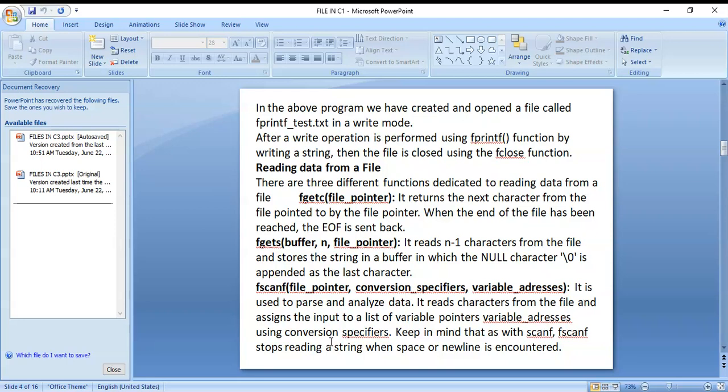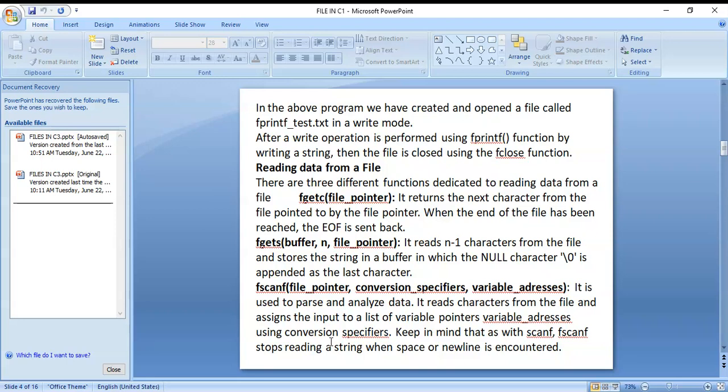And the fgets function, what purpose are we using it for? Strings. For reading formatted data we use the fscanf function. The fscanf function takes a file pointer, conversion specifiers and variable addresses as parameters. The fgets function takes a buffer, a number of characters and a file pointer as parameters.